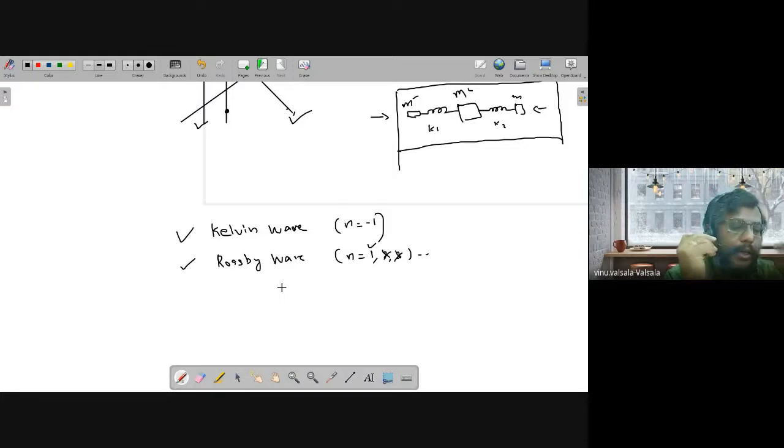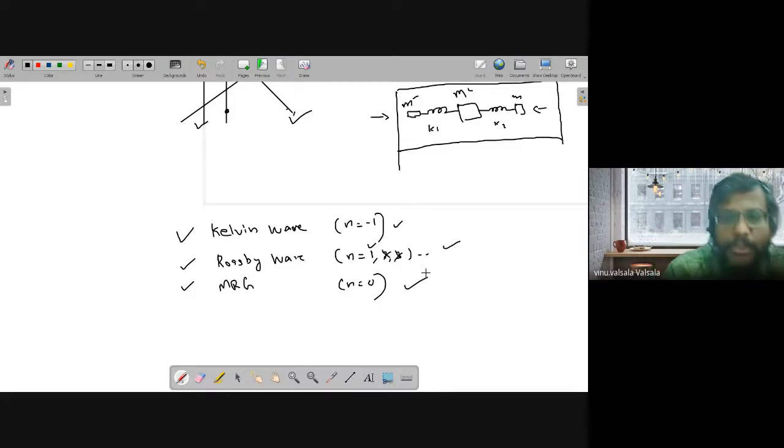Now, coming back to the discussion, another one you also come across is the mixed Rossby gravity waves, these MRG waves. Here, it is the n equal to 0 type of wave. This also you always see in the satellite data. So these are the common candidates you find in the satellite data or any data in the ocean atmospheric system: Kelvin waves, Rossby waves, mixed Rossby gravity waves, or Yanai waves, for example.